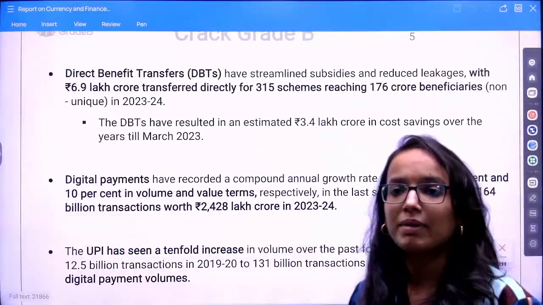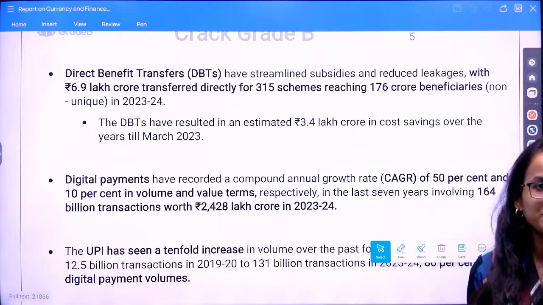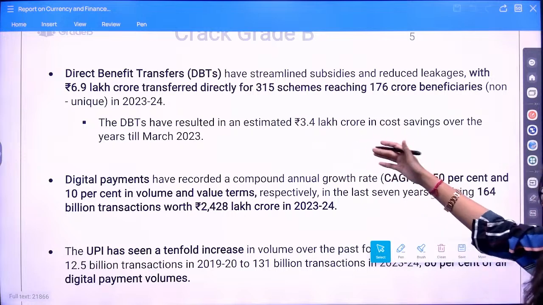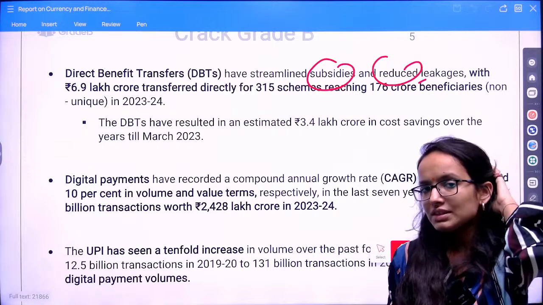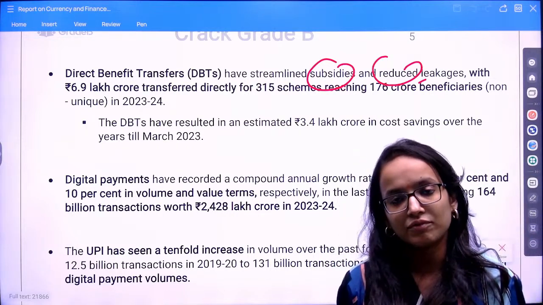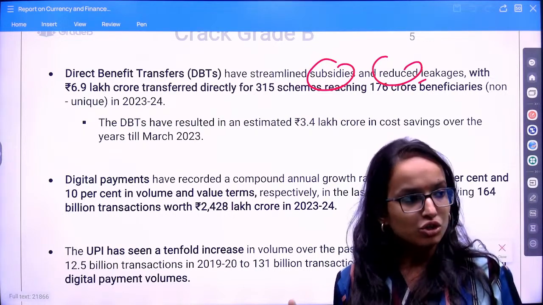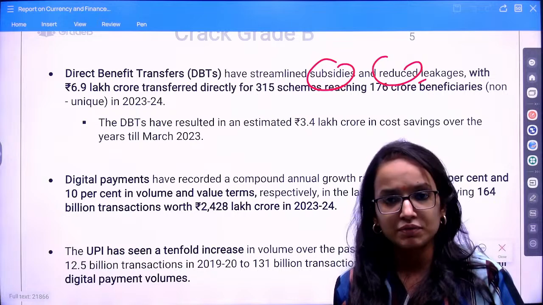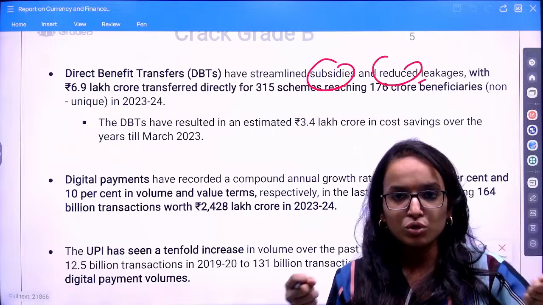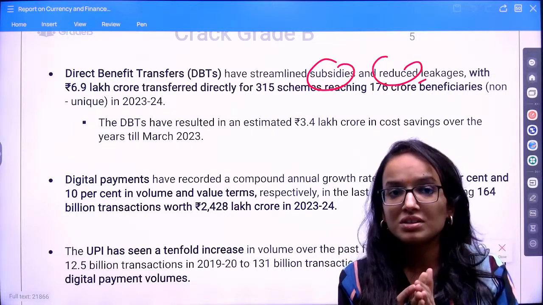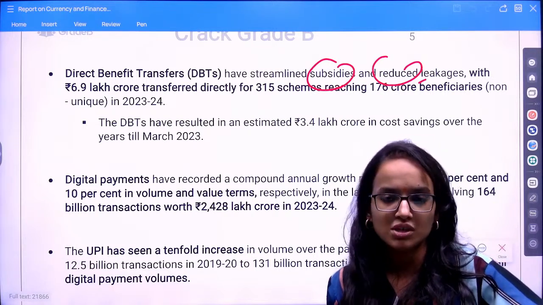Then if we talk about direct benefit transfers, as I have discussed with you, what is a direct benefit transfer? The amount gets directly credited into the targeted beneficiary's account. So DBT has streamlined subsidies and reduced leakages. What has been the success? This JAM Trinity, as I have told you, Jan Dhan, Aadhaar and mobile, is the backbone of DBT, right? Earlier, when the government needed to transfer any subsidy to a targeted population, there were middlemen, which resulted in leakages of those funds. The targeted beneficiary could not receive that amount. But now with everything getting directly into your bank account, there is no middleman.